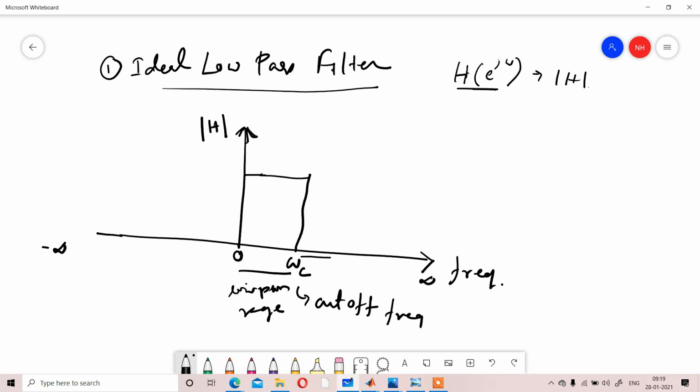Within the range from omega c up to pi, all the frequencies in this filter will get 0. And if we consider 0 to omega c, all that range of frequency will get 1.